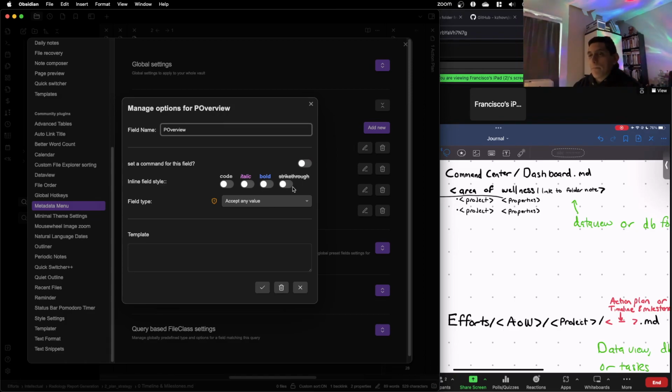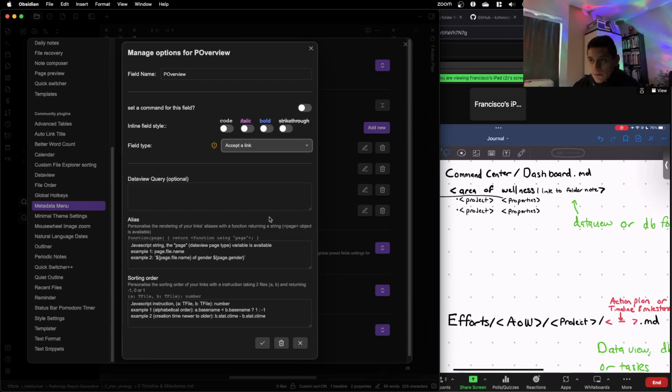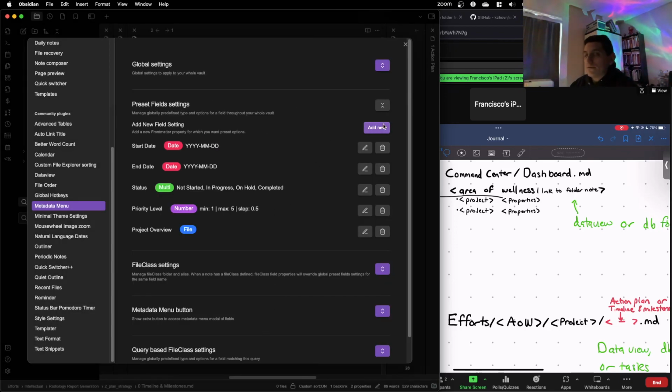Project overview. Add, accept a link. Wait, what? Personalize the setting of your links. No, I don't know about that. Project overview is a file.